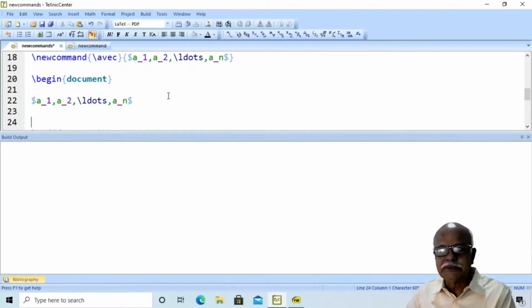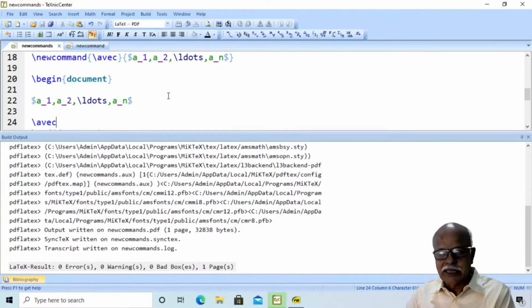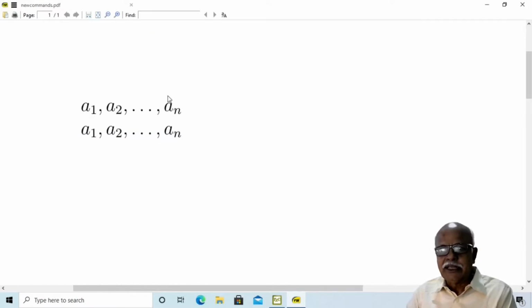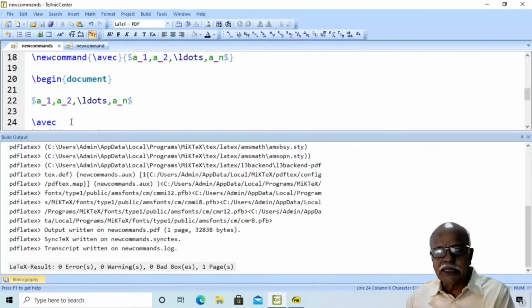Then when I say \awake somewhere in the document and compile it, you will find the first line refers to explicit typing of the expression. The second one corresponds to the newly defined command \awake.